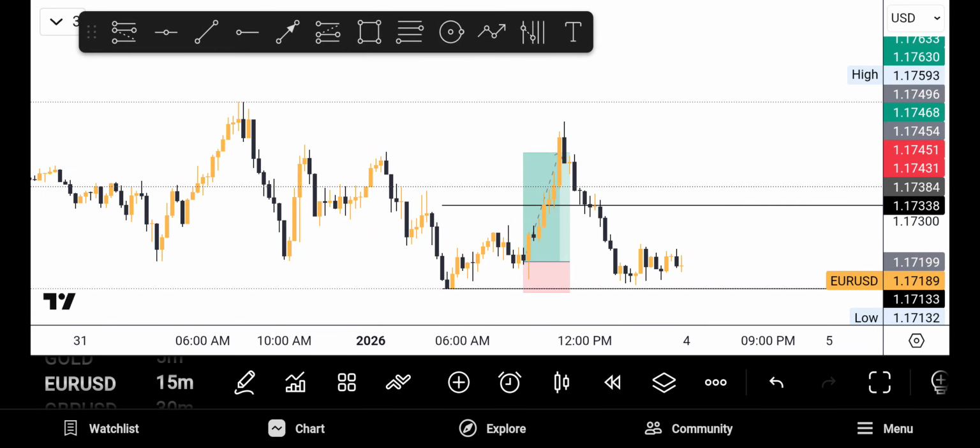Hello guys, this is JEREH-FX and I want to do the breakdown of this trade I took on Euro USD, which was on Friday, January 2nd, 2026. It's a very simple strategy you can use to pass your prop firm account and to grow your account, and it worked